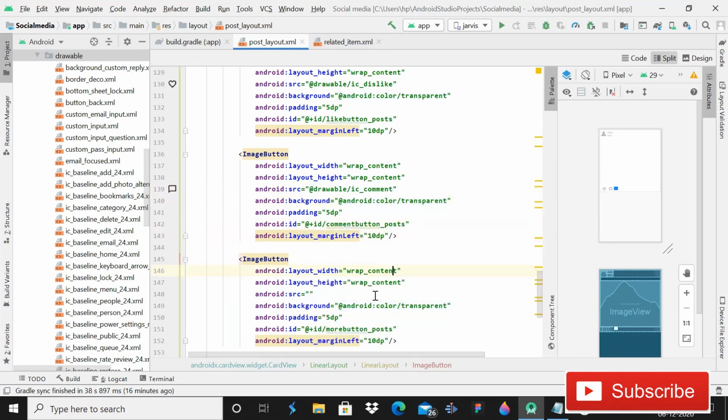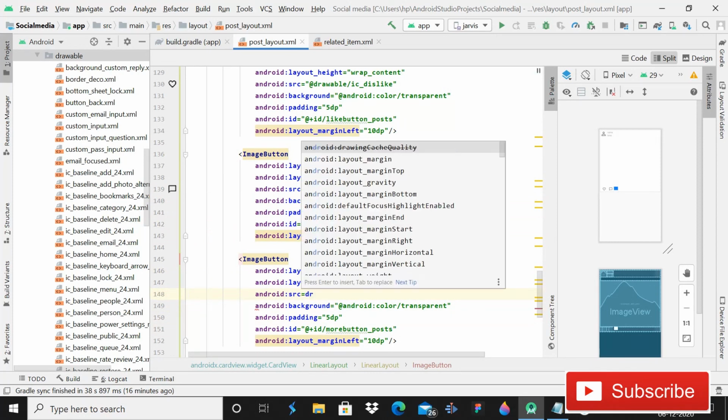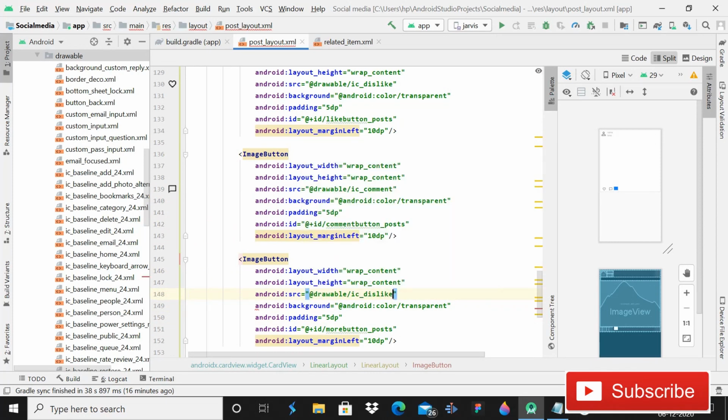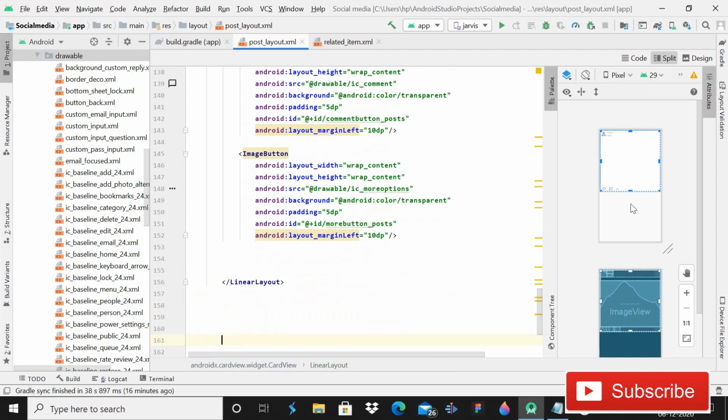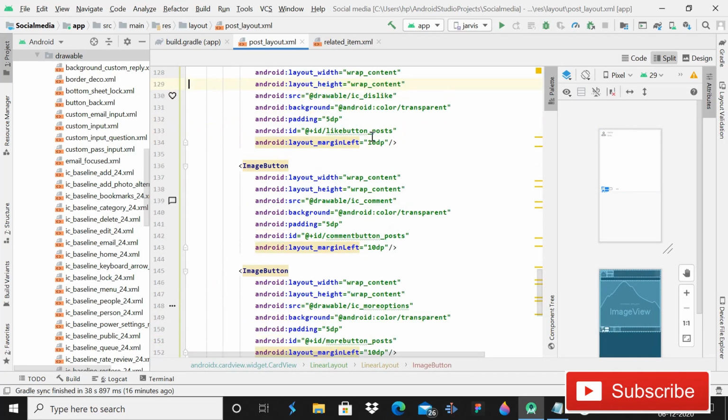Yes, now we have this. And third one is for more options. So here you have to write drawable. Oops, drawable. That will be for more options. Oops, more options. So guys, you can see that we have these very basic 3 things, understand? So after this, here what you have to do is